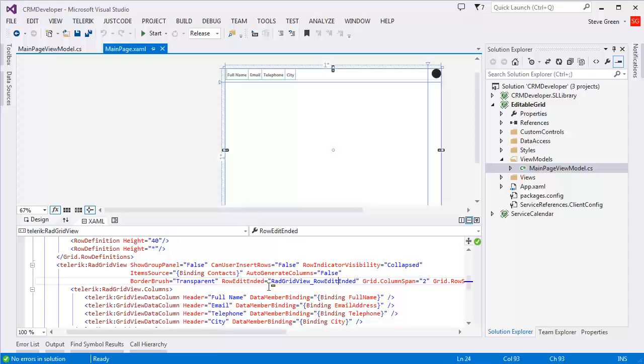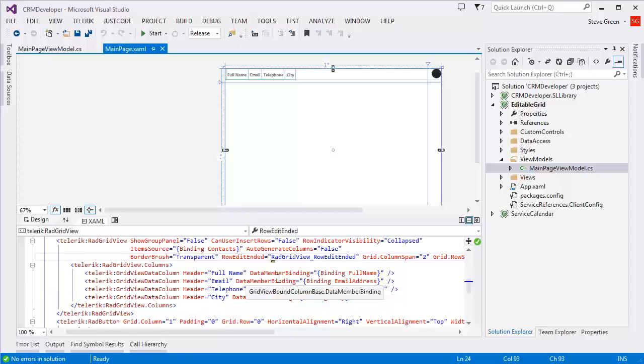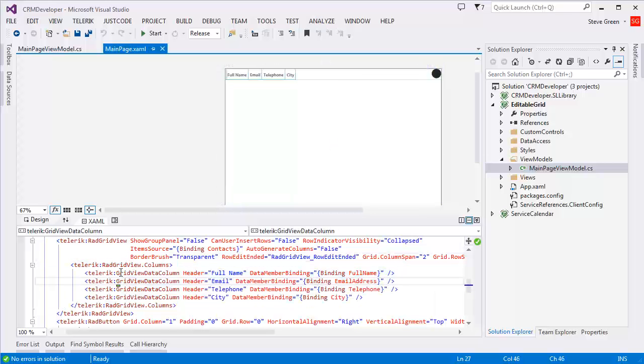And then the next part we see is the column definitions themselves. Because we've turned auto generate columns to false, we have to actually define the columns we wish the grid to display. So in this section here, where we see this RadGridView columns, I've defined them all as the type of data column. There are various types the Telerik grid supports. So I've simply got the full name of the contact, which will come from the full name property, and I've bound that to the full name property within my